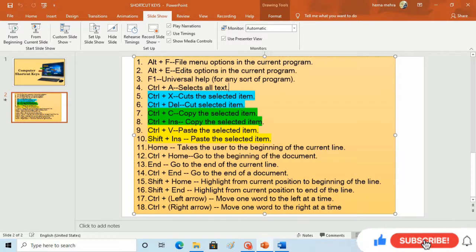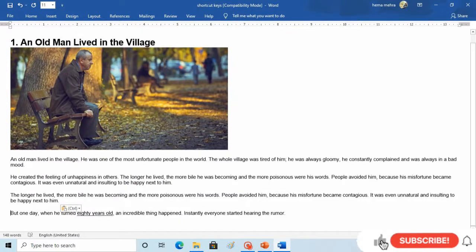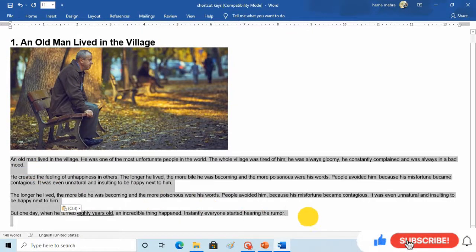Next is the Home key. The Home key's function is to take the user to the beginning of the current line. Suppose I am writing a story here.